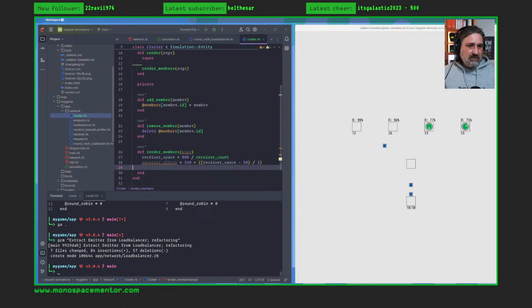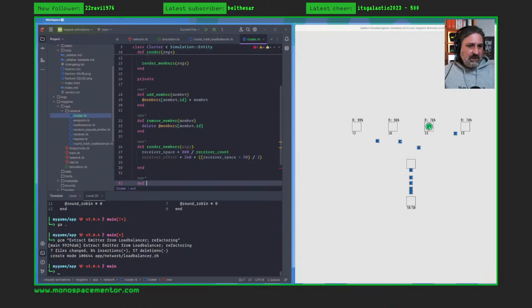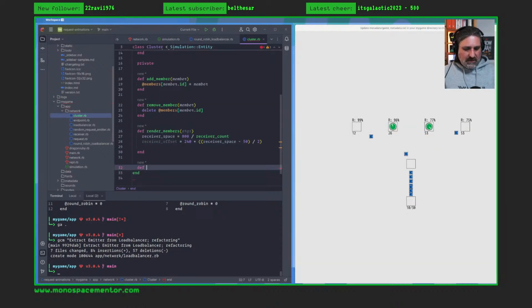We'll distribute our space between all the members. So we'll need a member count, which is basically just